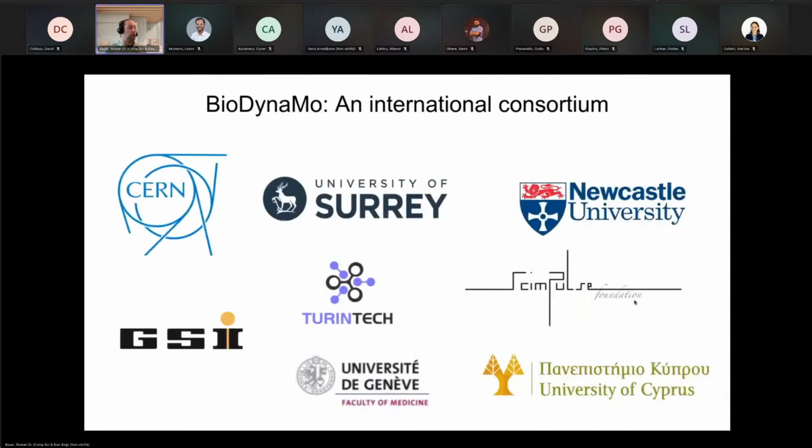But back again to the performance issue. So we created a consortium called Biodynamo that involves now 8 organizations. So at the very beginning, it was just CERN and Newcastle University, and then we have grown to a consortium of 8 prestigious international organizations who are involved in this collaboration. And we have created